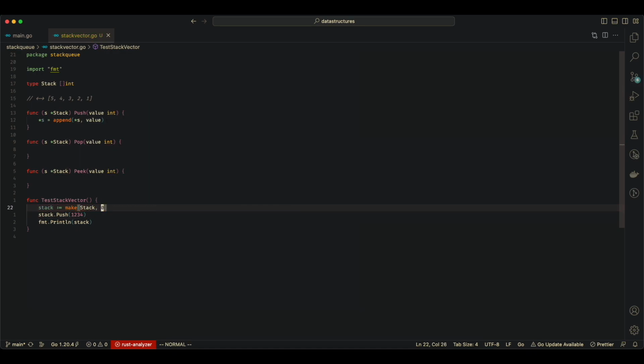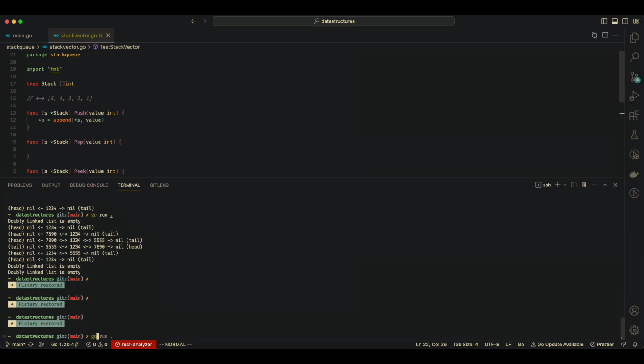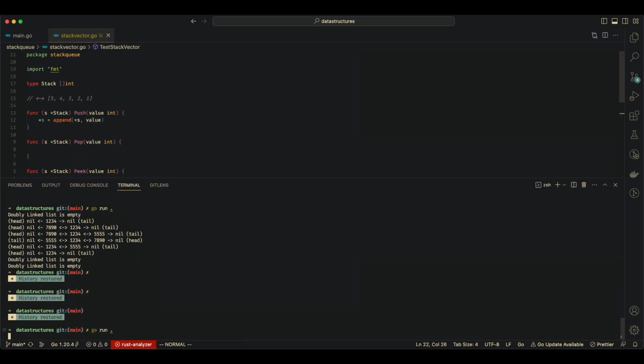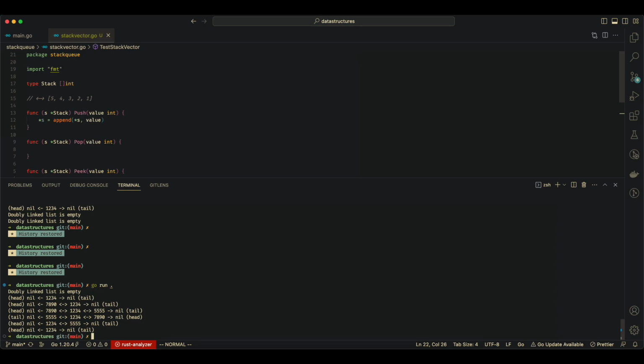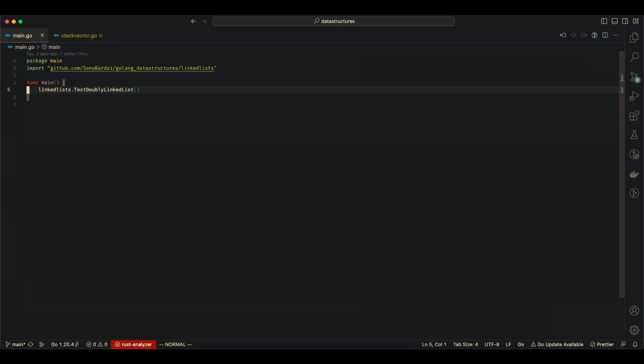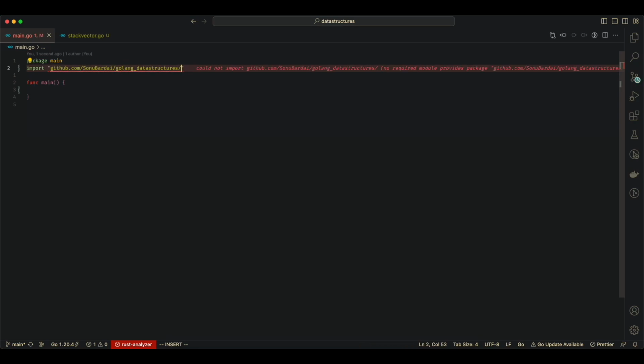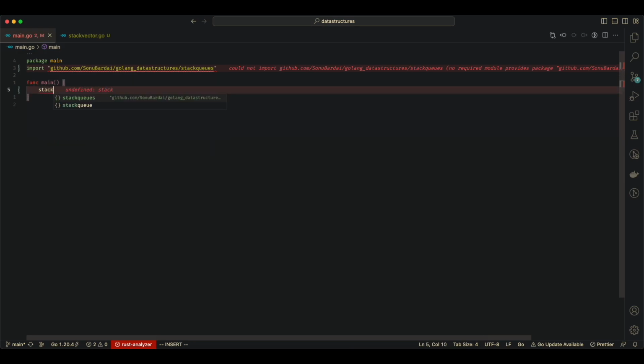And we'll need to pass the length of the stack that we want to initialize. We want to initialize an empty stack, so that's what we'll do. So let's just do a go run dot. Yeah, we need to call this from our main function. So stack use dot test stack vector, and now